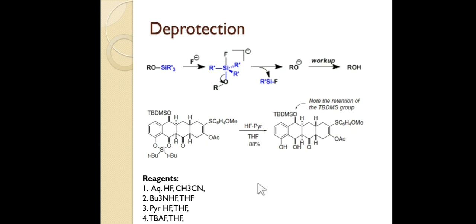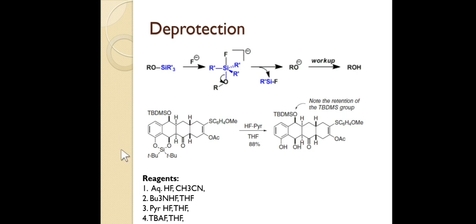The deprotection mechanism for TBS, TBDMS and this silyl acetal is very simple. Silyls are very sensitive to fluoride. So any fluoride reagent, such as TBAF, HF, and so on, can deprotect the silyl acetals. This is the mechanism for silyl deprotection. As already discussed, fluoride minus will attack the silicon and we get RO minus, that is alkoxide. After workup, it will abstract a proton from the solvent and we get ROH as the free alcohol group.